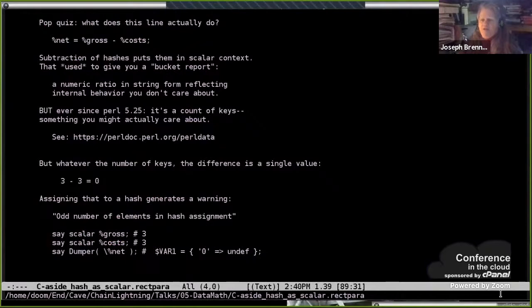Well, now myself being an old timer, I expected that we would get bucket reports there, that you get strings that kind of reflect what's going on in the hash, but don't really tell you anything useful except that they're false when the hash is empty. But around Perl 5.25, it turns out that's actually changed to a count of hash keys, which I did not pick up at the time. And that actually seems like it might be useful, though it doesn't help us in this case. Still, nice little improvement from the Perl 5 porters. Doing pretty well for something that everybody knows is dead,